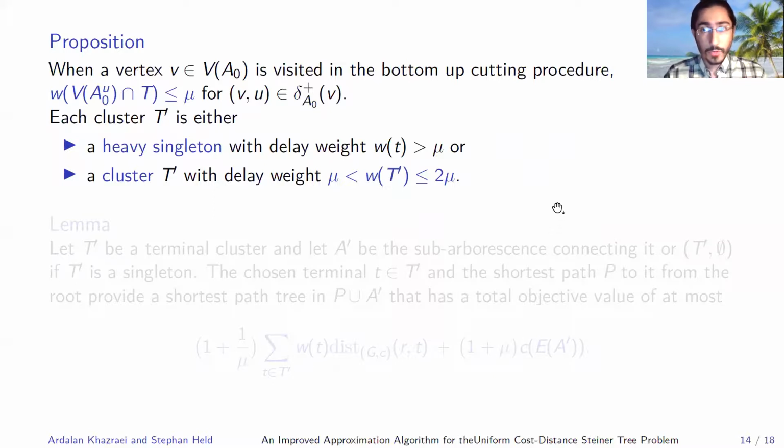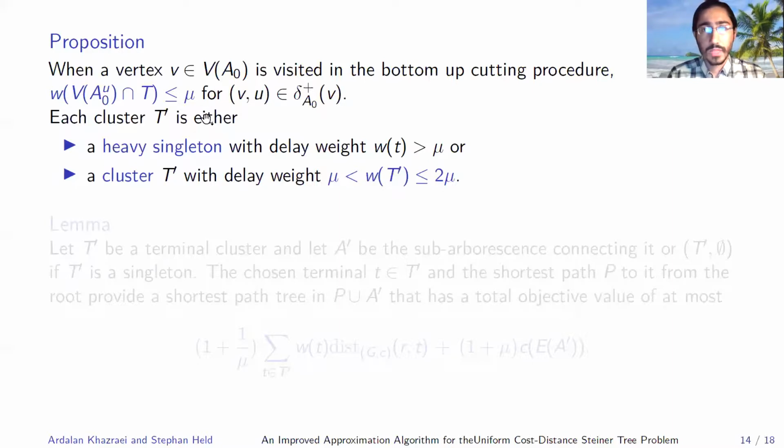So now to analyze the value of the solution that our algorithm outputs, we point out that when a vertex V is visited in the bottom-up cutting procedure, any child U of V will have all the terminals beneath itself have a sum of delay weights bounded by the threshold mu. That is because otherwise the edge between U and V would have been cut off before the vertex V was